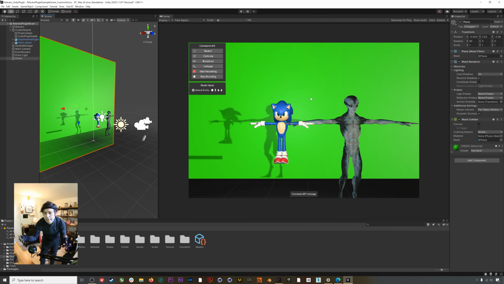Okay, so here we are in the other project. Everything is textured and ready to go. We got our Sonic, we got our alien. And as you can see, what I've done here is basically I've just added a plane to the scene and I've put it behind our characters. And this is just with a standard green texture applied to this plane. What this is going to do is just basically act like a green screen, because OBS has a lot of great functionality for keying out green screens. So our goal is basically, if we hit play here,